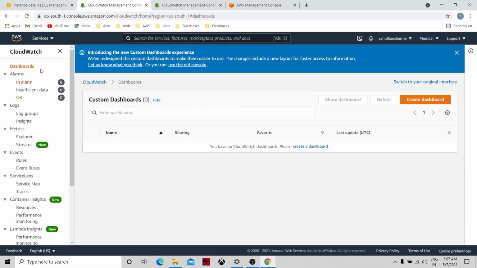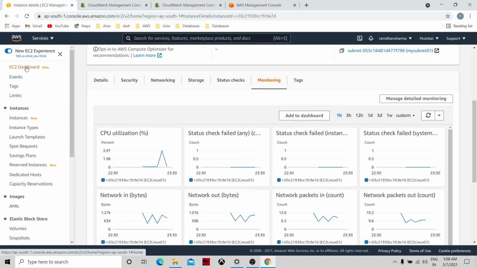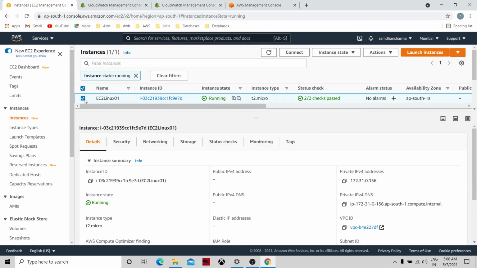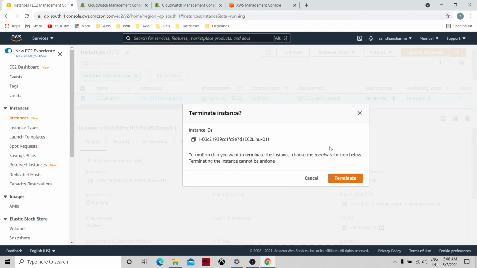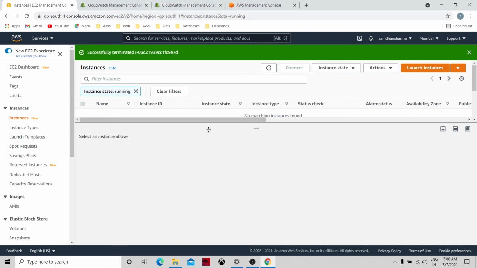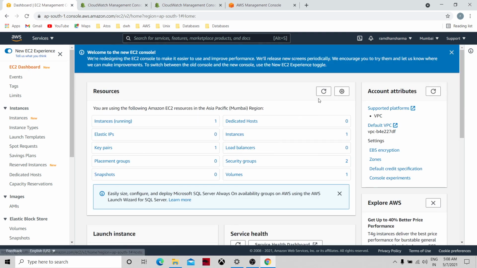Whatever resources you are creating, you should remove at the end. I have created an EC2 instance, and I also have to terminate that. Otherwise, they may charge you. For learning purposes, we can utilize the free tier as much as possible. So with that, I think I have